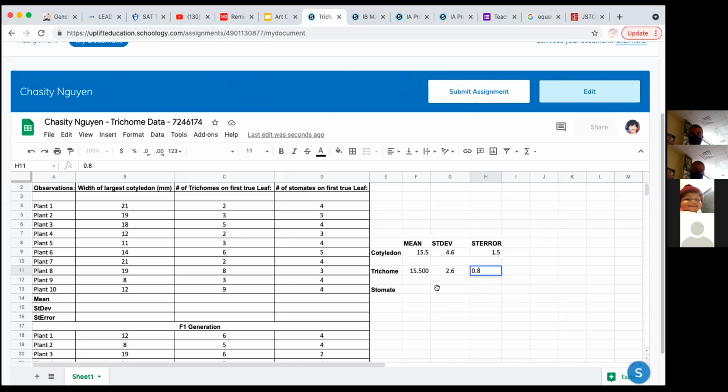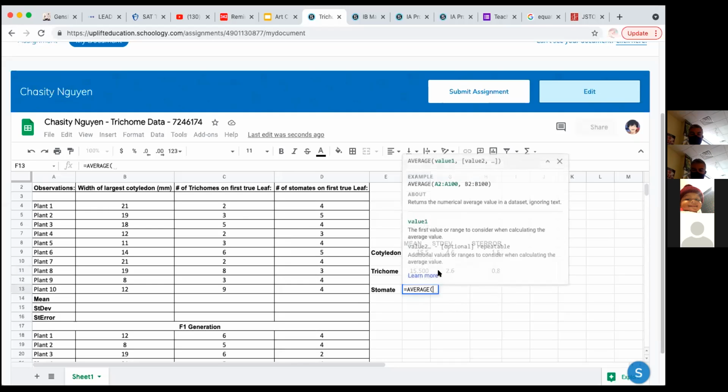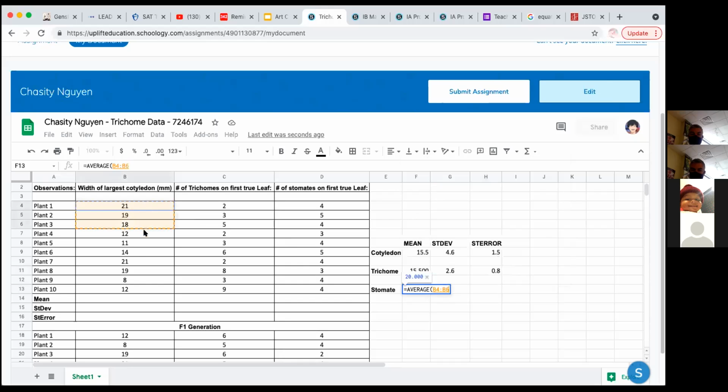Now you got to do stomates. And you've got 3 different groups. Y'all are still working on the P generation. You need to get down to the F1s and F2s as well. For some, especially the F1 and F2, the same group, consider error, but I also counted only 1 decimal point, so they were more different. But others would not.